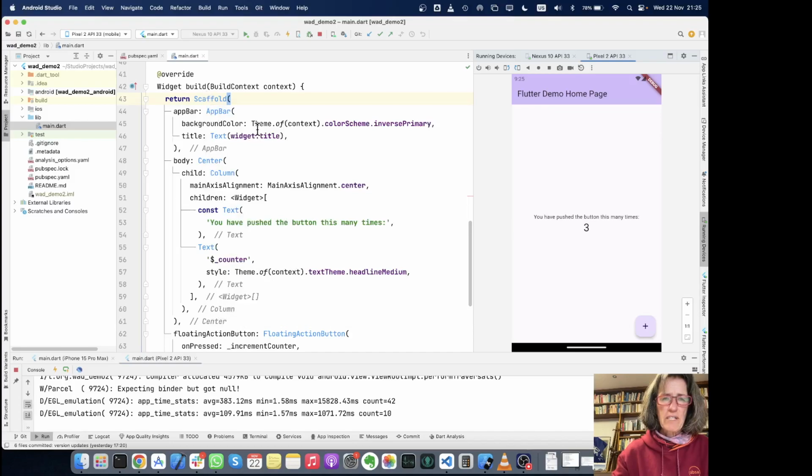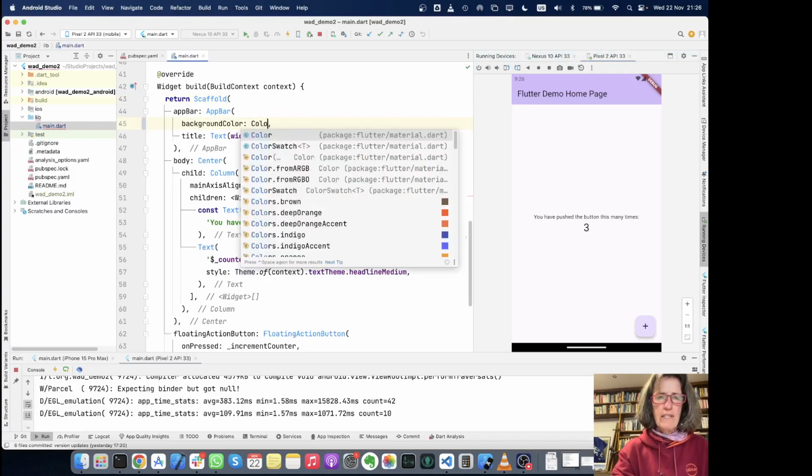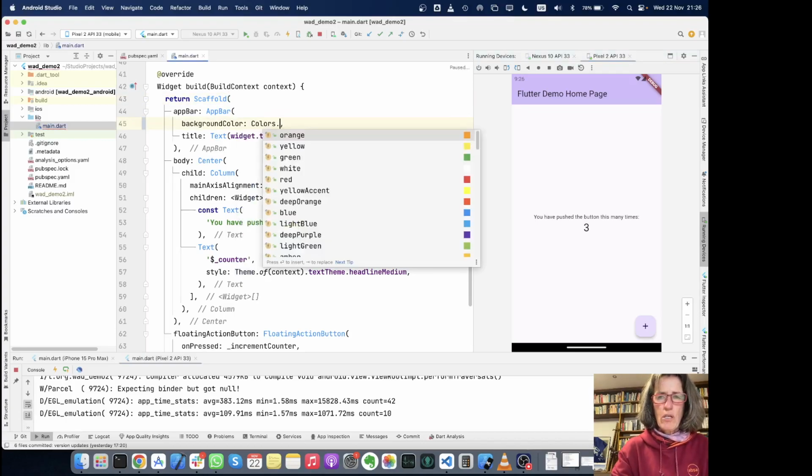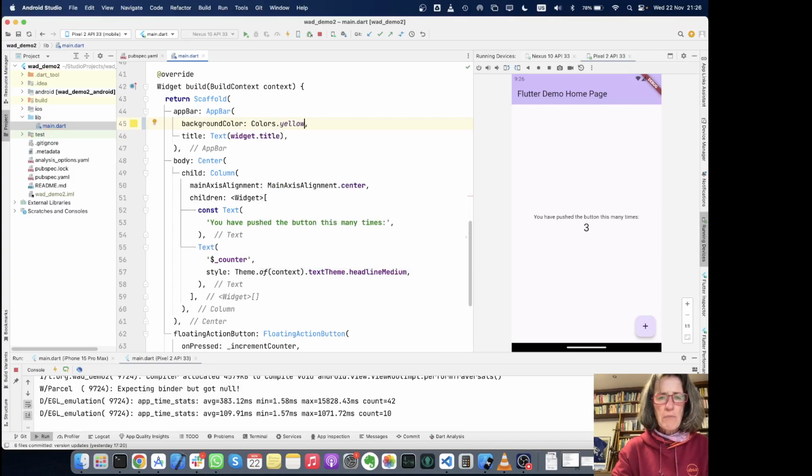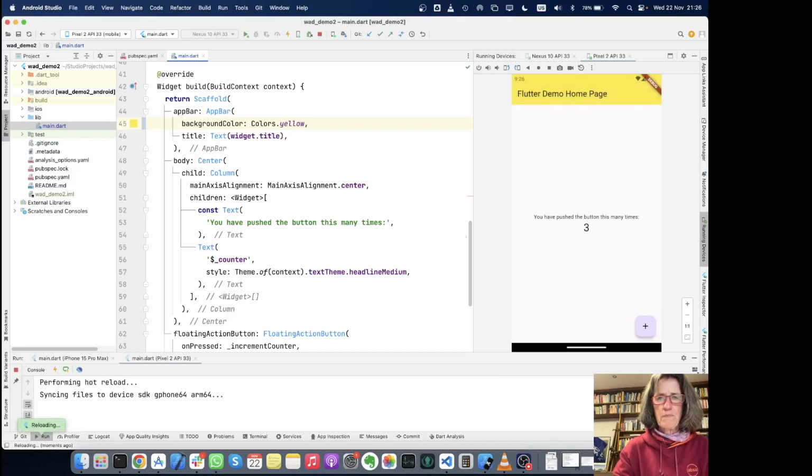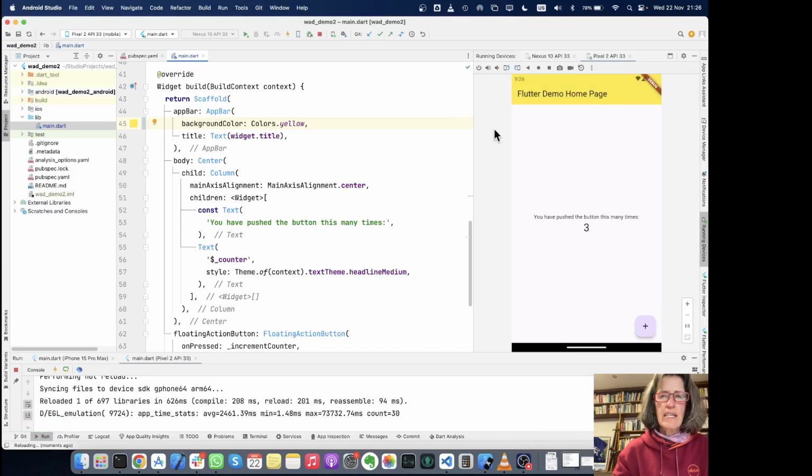So let's start to modify this a little bit. Sorry, this pop-up here is really annoying. I don't know how to get rid of this quickly. Bear with me. So let's change the color of the app bar. Let's say colors. A nice color is, why don't we take yellow? Okay, I have changed it, but I haven't saved it. I'm saving it now. And as you can see, the emulator immediately updates. This is the hot reloading feature that I talked about. Every time I make a change, it immediately shows up in the emulator. This is super powerful for development.